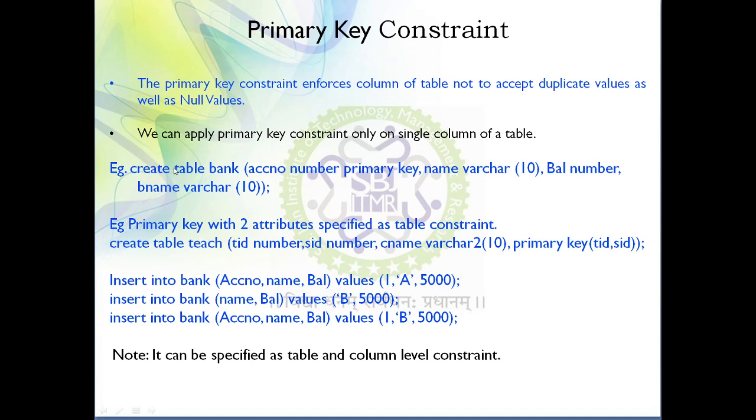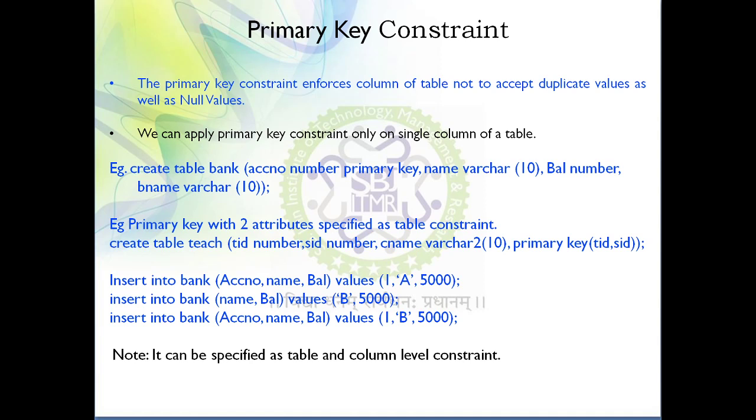Now take an example. Again, create table bank. Now in this case, instead of applying not null or unique constraint, you are applying primary key constraint. And here if you observe, I have not assigned the name. This is also possible, meaning suppose I don't want to give any name such as pk to this primary key, this is also possible. But what is the best way to provide the name? Because while enabling or disabling that constraint you require a name, or while deleting or dropping that particular constraint from the table you need to specify the name.